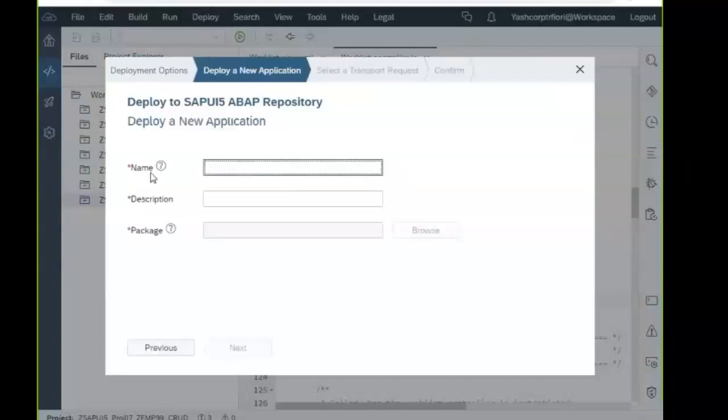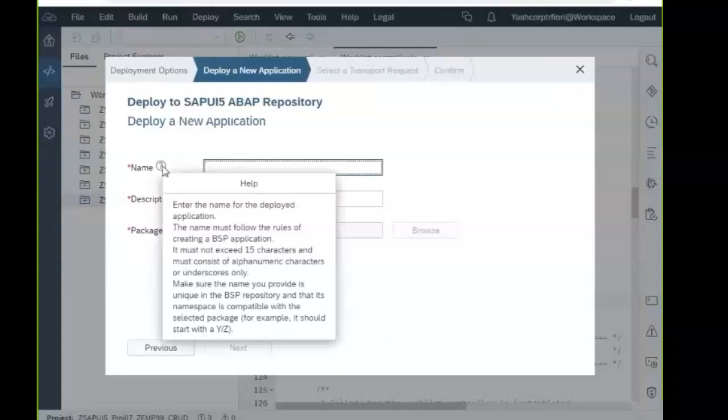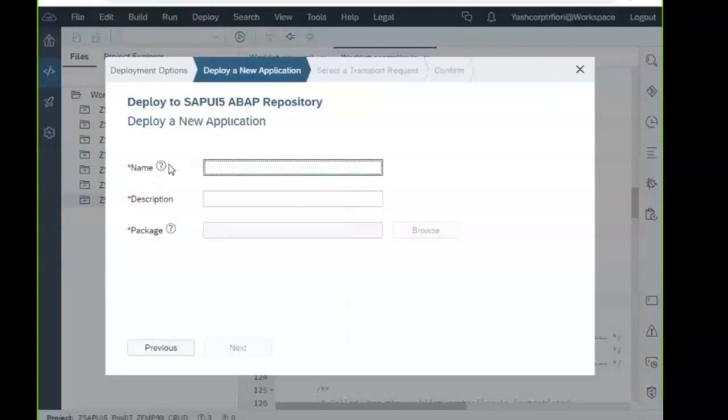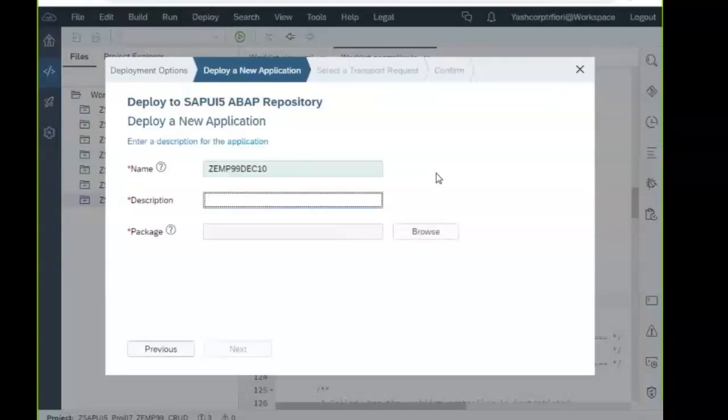Name of the application. So here, enter the name for the deployed application. The name must follow the rules of creating a BSP application. So it should not exceed 15 characters. What I'll do, ZEMP99, December 10th. I'll try to create with this package.